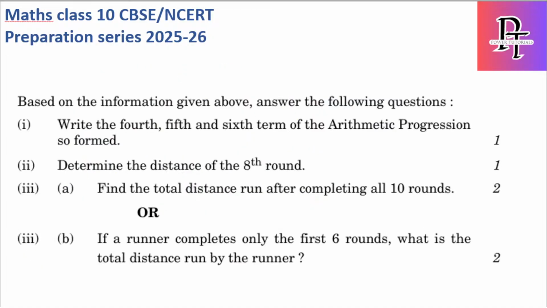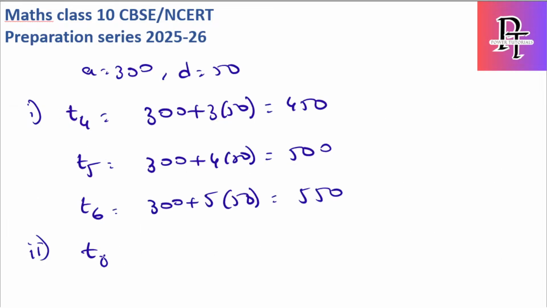Determine the distance of the 8th round. Okay, so simple, same type of question. The 8th round is T8, so again 300 plus 7 into d, so 350 plus 300, which is nothing but 650. Okay, next,